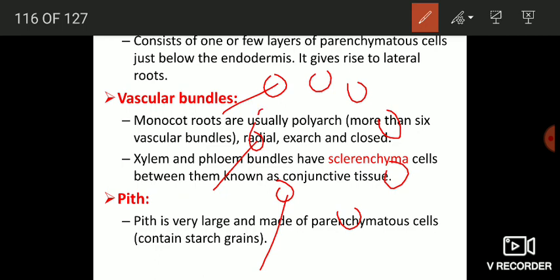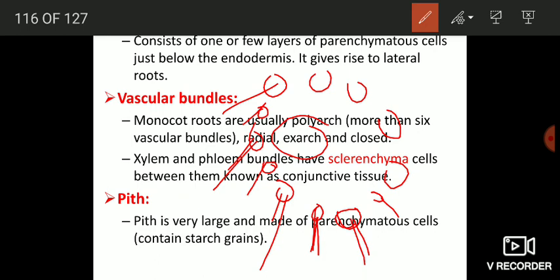Okay, and in between two xylem groups there is a phloem group. Okay, this is phloem, this is phloem. That means xylem alternates with phloem, xylem phloem, xylem phloem, xylem phloem. This alternating arrangement of xylem and phloem, that means their placement along different radii, this is known as radial arrangement of vascular bundles. Okay, and the arrangement of xylem is such that the protoxylem lies towards periphery and metaxylem lies towards center. That means the direction of development is from periphery towards the center, centripetal. This is known as exarch condition.